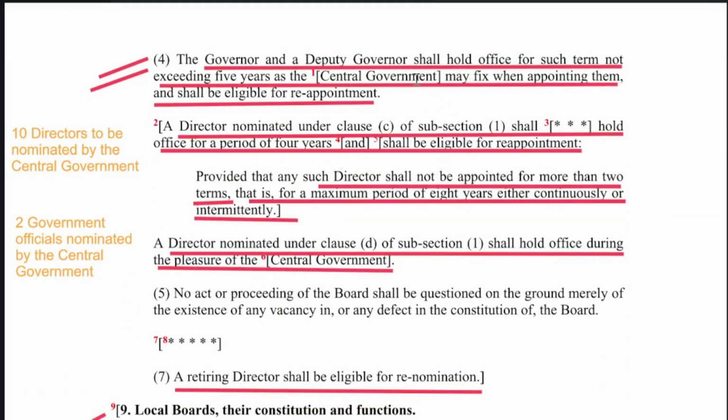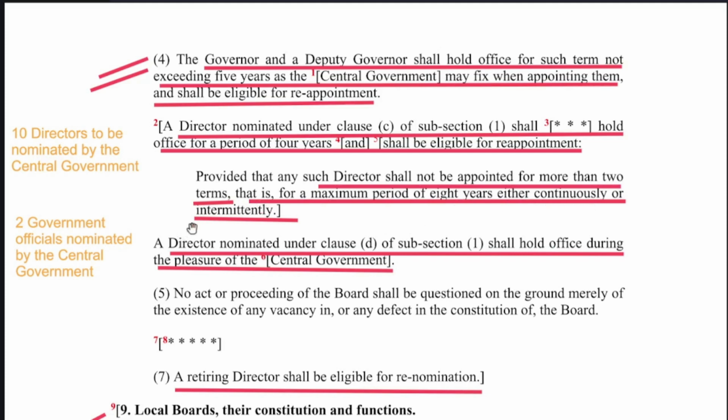So the governor and deputy governor's maximum tenure can be 5 years, and the 10 directors nominated by the central government would hold office, to be more precise, for 4 years, and would again be eligible for reappointment, provided that any director shall not be appointed for more than two terms, that is, for a maximum period of 8 years,